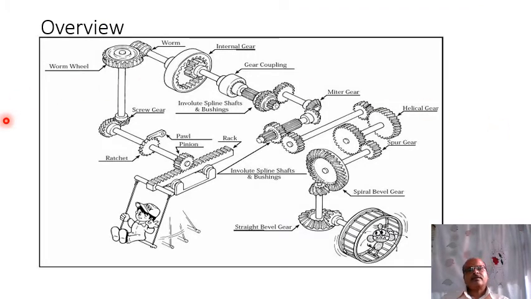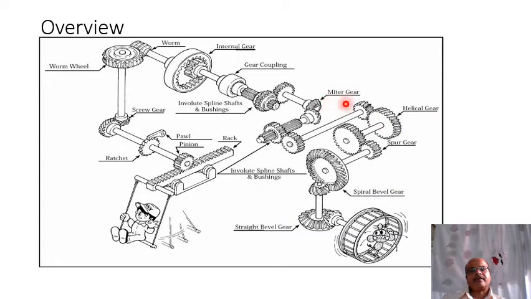So next, overview of gears. This diagrammatical representation shows the different types of gears we have studied previously and where they are actually used. If you observe this diagram carefully, you can understand how important these gears are. So this is a bevel gear. Observe such type of mechanism there. Then spiral bevel gear. This is a spur gear, the first gear we have taken. Then helical gear, this is a helical structure.